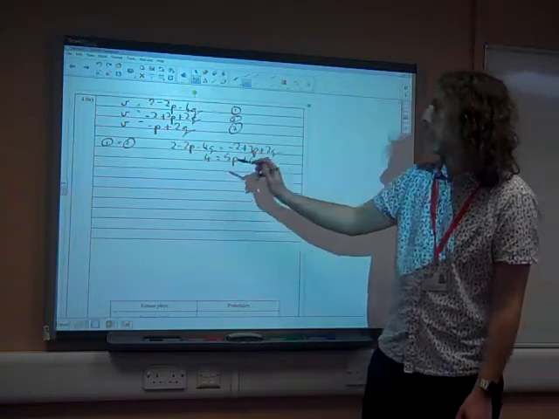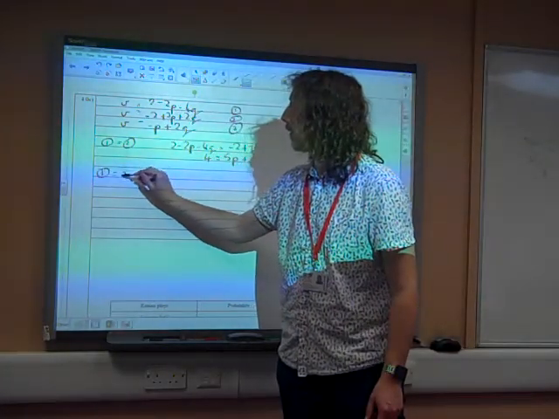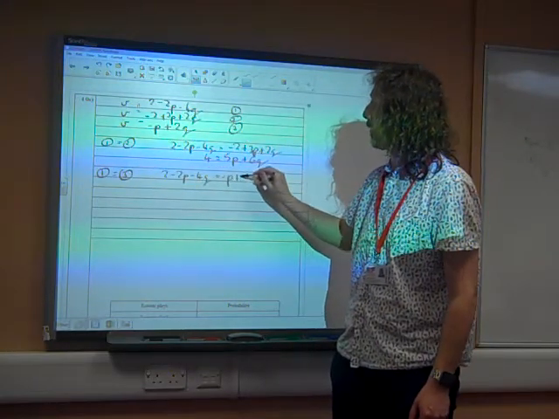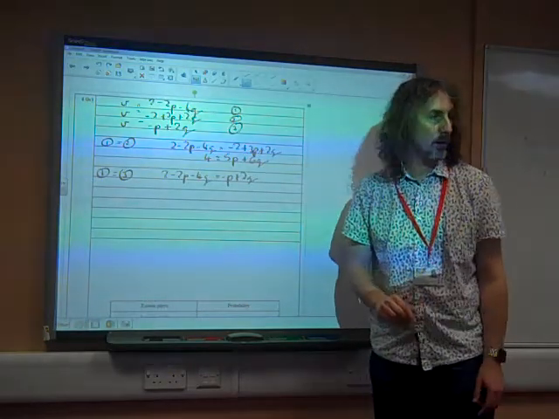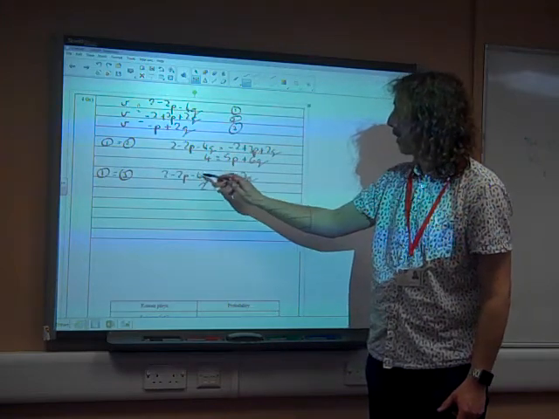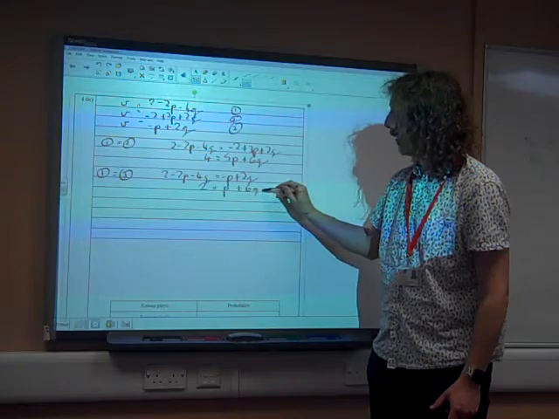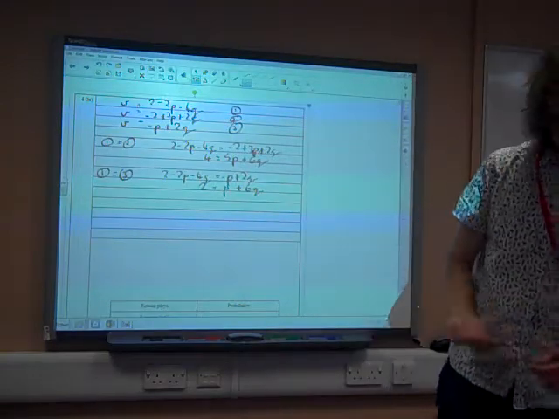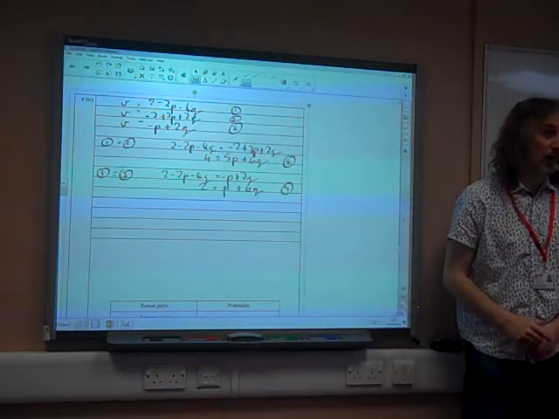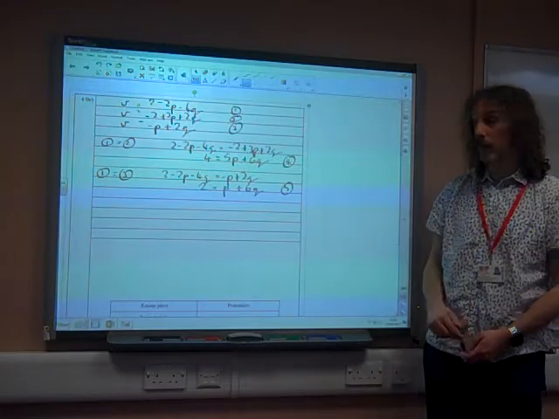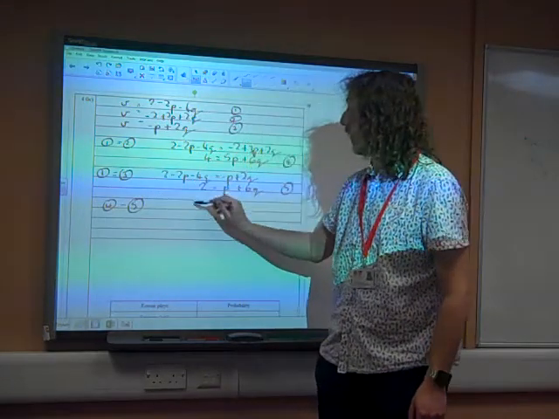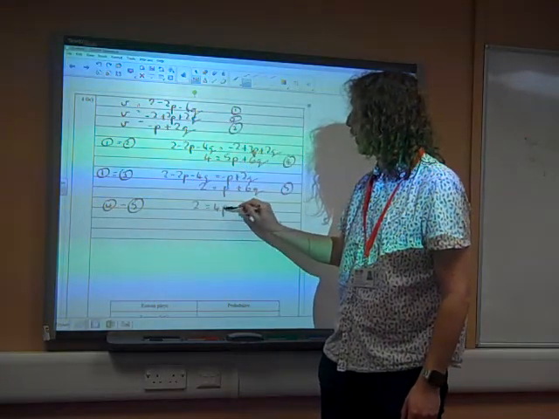If I look at equations 1 and 3, that gives me 2 minus 2p minus 4q is minus p plus 2q. So this equation gives me 2 equals p plus 6q. Brilliant. Call that equation 4 and that equation 5. This just keeps on getting better because I've got the same coefficient of q in both equations. So if I subtract these equations, if I do equation 4, take away equation 5, I get 2 is 4p,